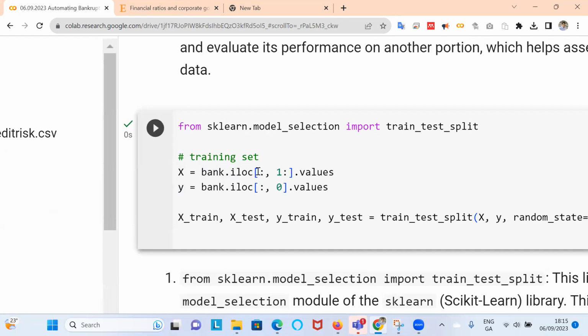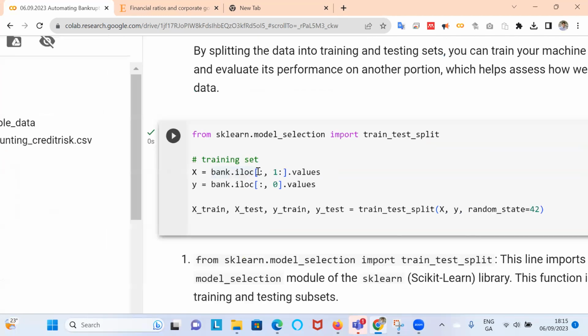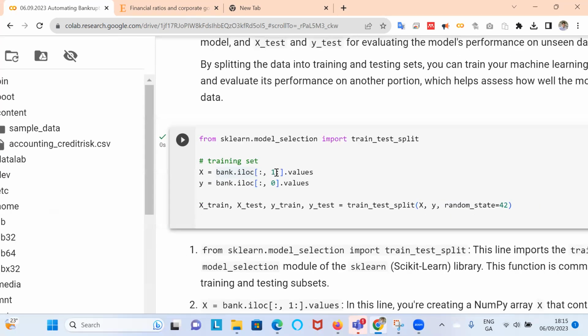And we're using the iloc referencing available in Python to bifurcate the independent variables from the dependent variables. We also, using sklearn, do a test train split.